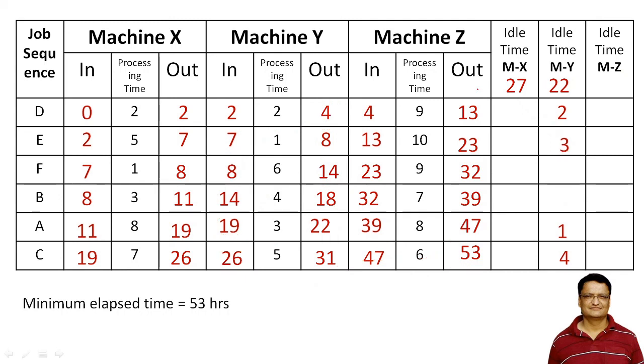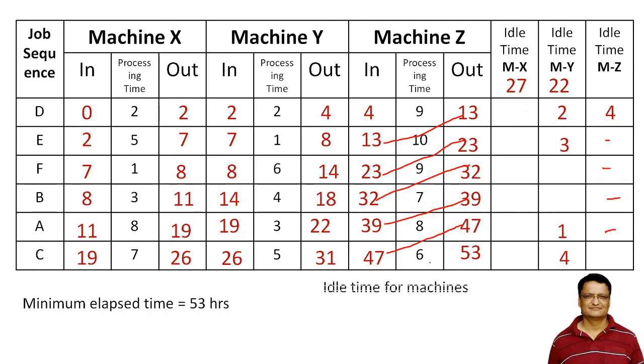And now let us compute the idle time for machine Z, and we can employ the similar strategy. So it was idle till the 4th hour, so I will put 4 value over here, and now I will try to get the difference between these two values. So there is no difference between these two values, right? So up to this point there is no difference, right? So we will not add any value over here, right?